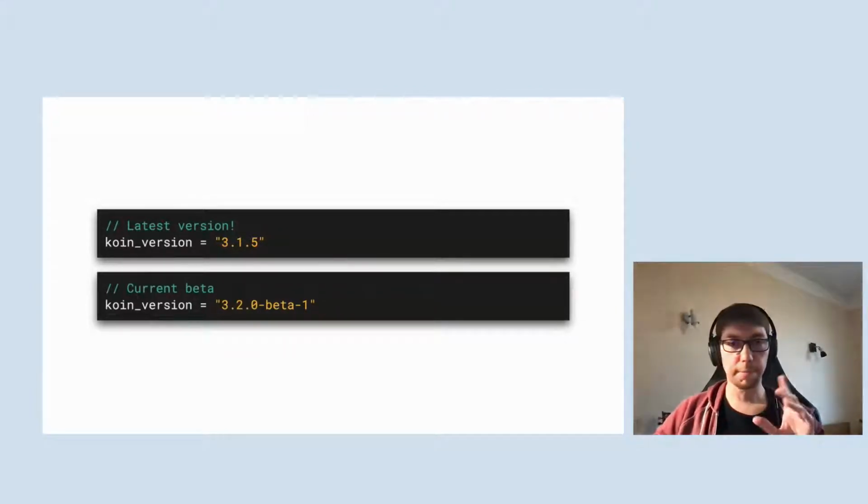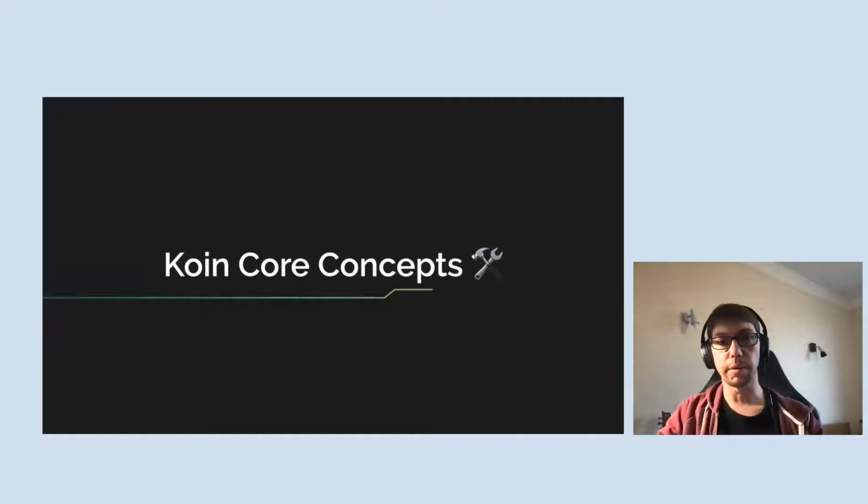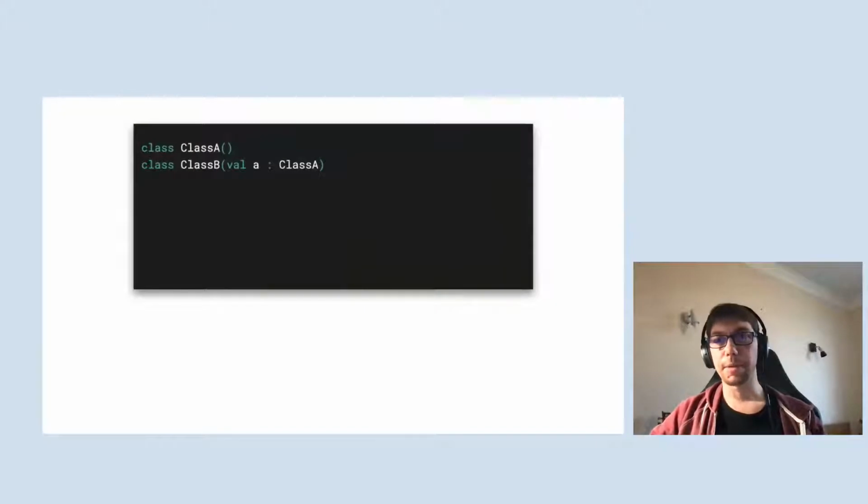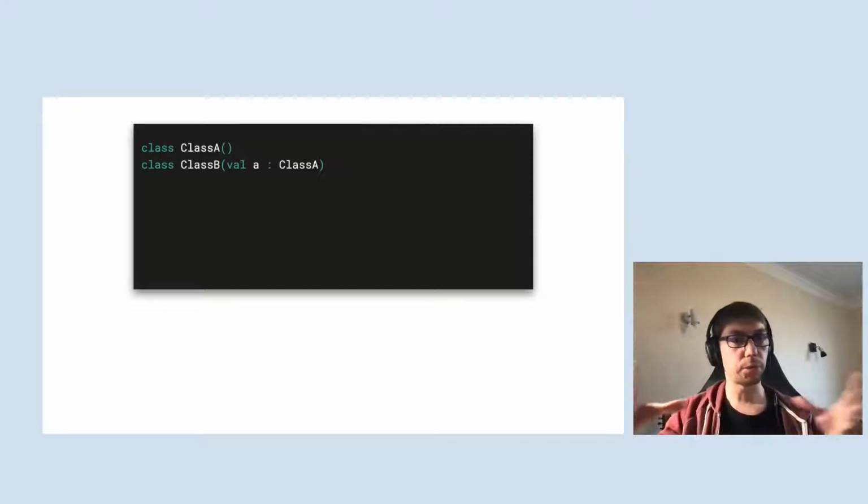But let's go. First, before talking about any architecture, I would like just to share what Koin is, with an explanation of the core concepts. When I have to explain what Koin is, I just say, just use Koin. It's easy then. But no. Koin is a dependency injection framework. That means it's a framework to let you configure all your dependencies in your Kotlin application,